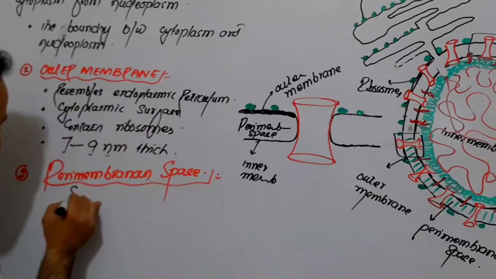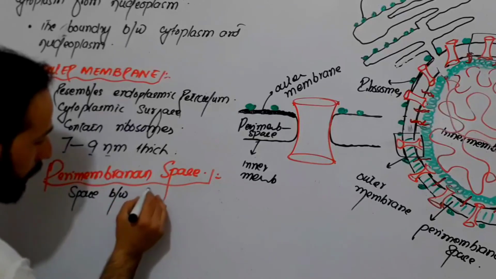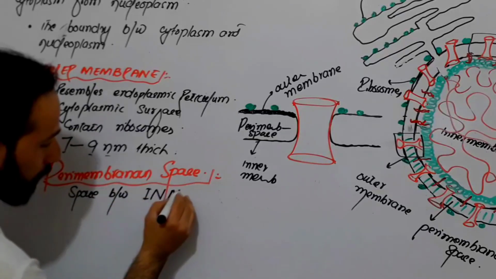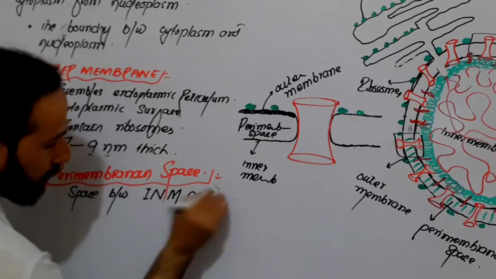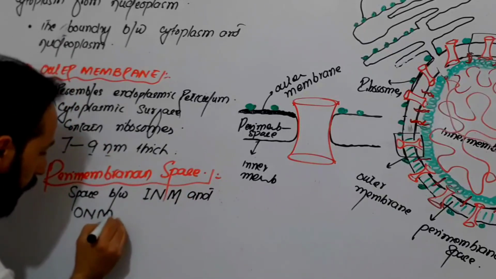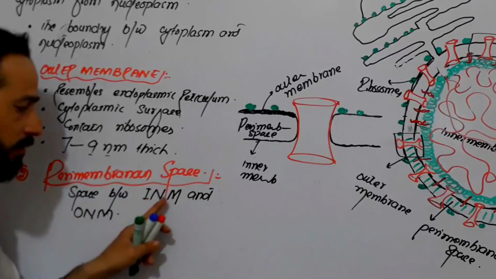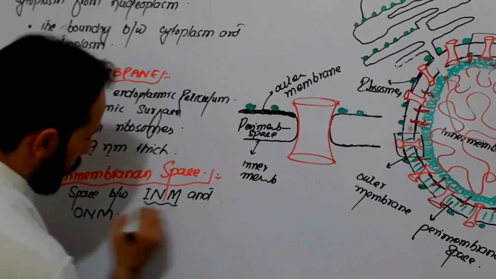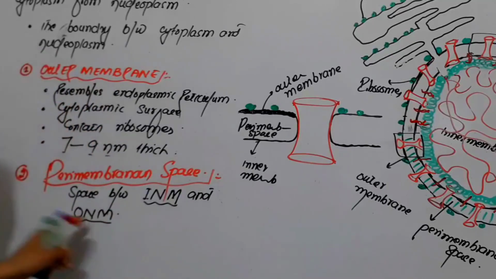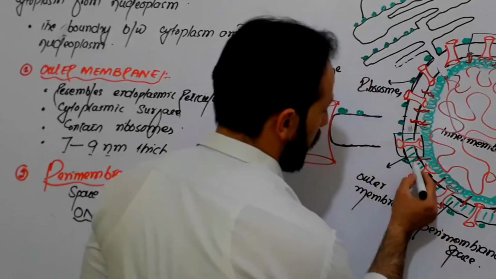So let me write it here: space between inner nuclear membrane, INM, and outer nuclear membrane, ONM. I am writing it in short form. So the space between the outer nuclear membrane and the inner nuclear membrane is called the